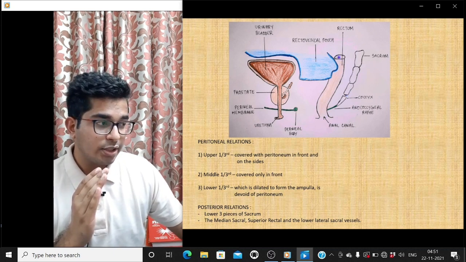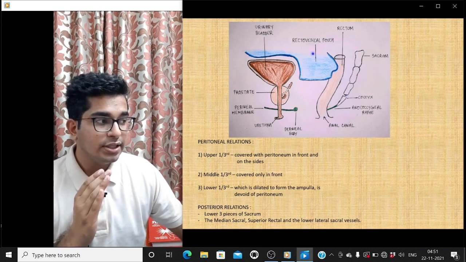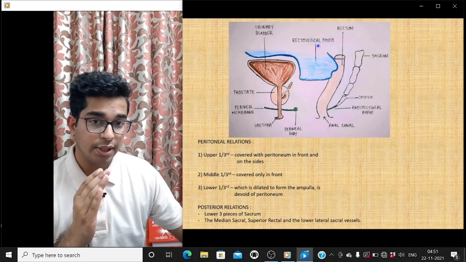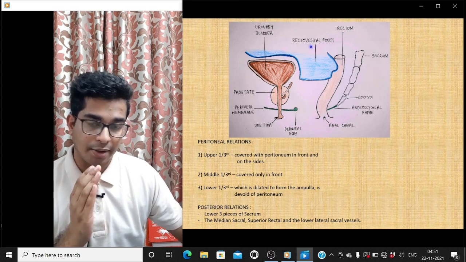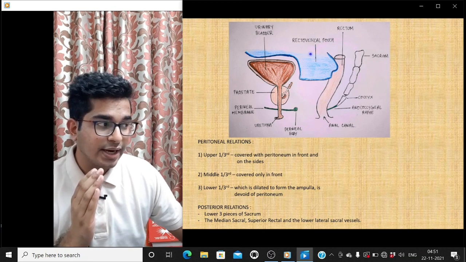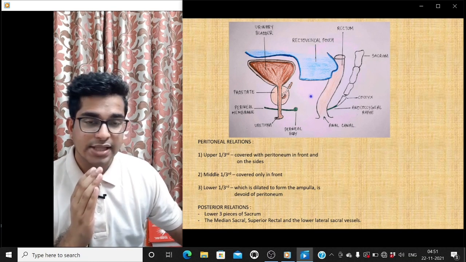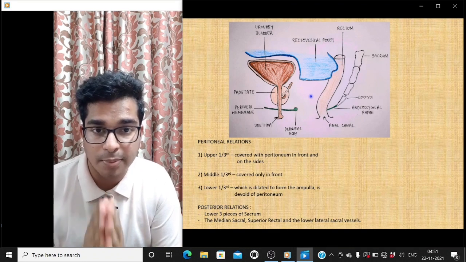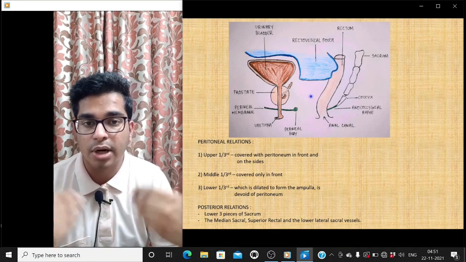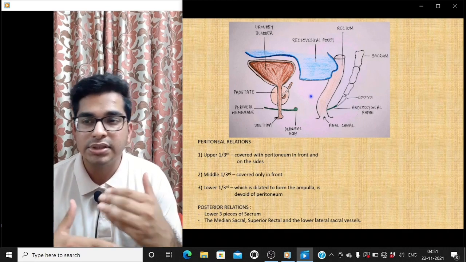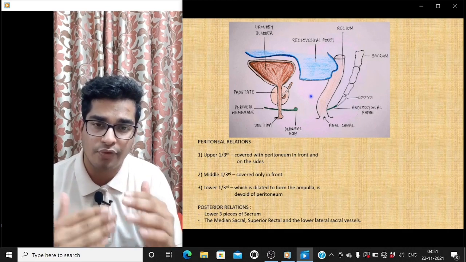So, rectum has anteriorly the rectovesical pouch. The rectovesical pouch, the name itself says, behind the rectovesical pouch is the rectum and the vesicle, that is your urinary bladder. Now, what is this rectovesical pouch? It is actually a pouch made up of peritoneum. Peritoneum is basically an epithelial lining inside your abdominal wall, and it covers the various internal viscera of your abdomen.